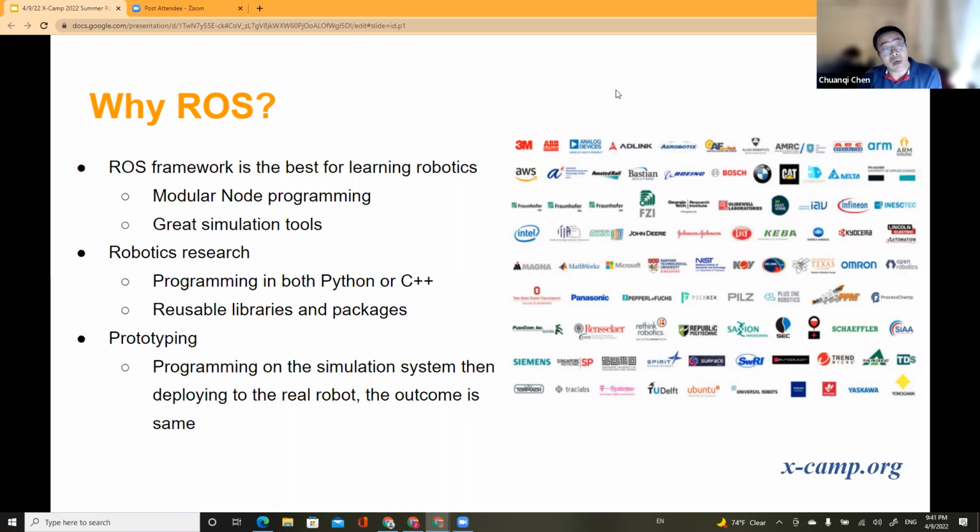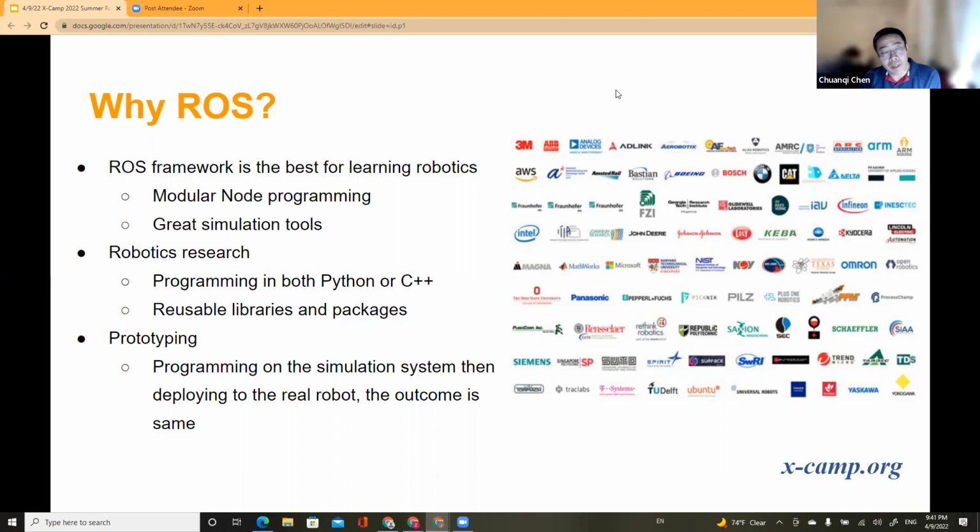The strength of the ROS is a very modular design. In the next slide, I will talk in more detail. It's a very great simulation tool. You can do all the programming, troubleshooting, and simulation in the virtual environment, and then you can deploy on a real robot. And then the outcome is more or less very, very close. So that can quickly